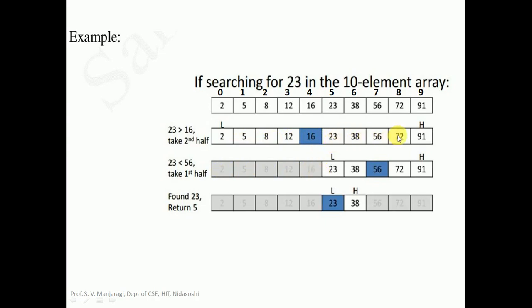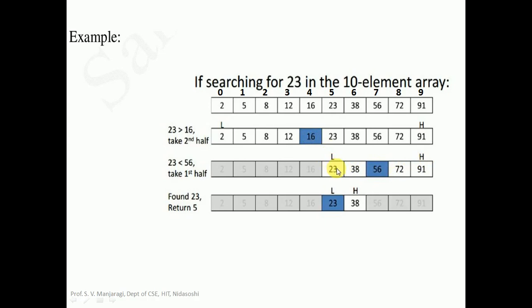We need to consider only the second half of the array, where you find the elements greater than the middle element, that is 16. So in this case, the low index will be updated as mid plus 1, because the second half starts from mid plus 1. Here mid we got as 4, so mid plus 1 is 5. So low will be set to mid plus 1 and high will remain the same. And if the search key is smaller than the middle element, then low will remain the same, and we have to make high one less than mid, that is high is equal to mid minus 1. But in this particular case, low will be mid plus 1 and high will remain the same.